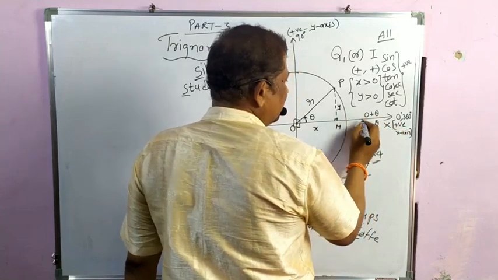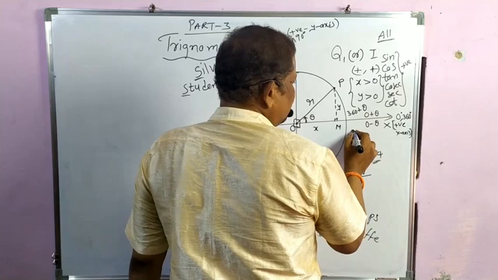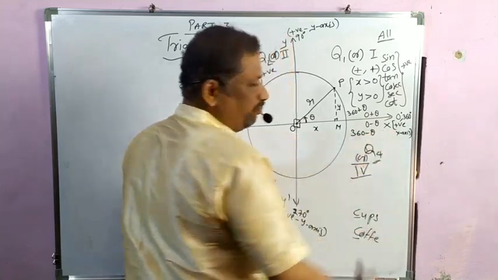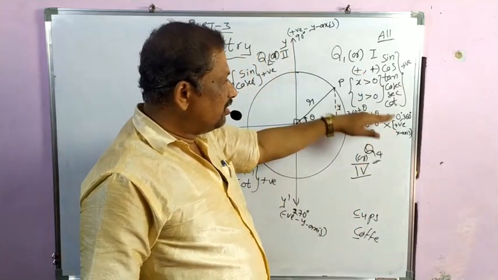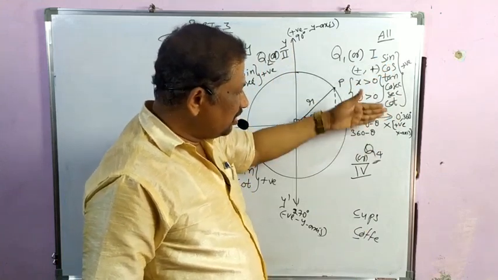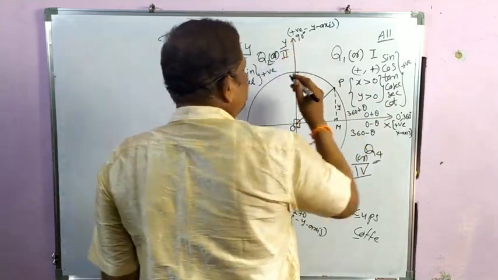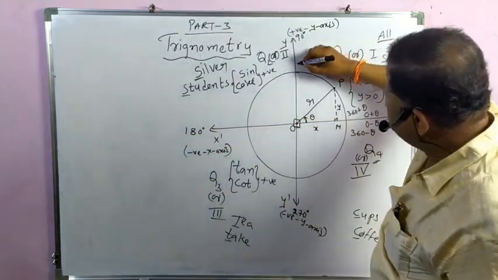And also we can write 360 plus theta or 360 minus theta. So 0 plus theta falls in the first quadrant, 0 minus theta, 360 minus theta falls in the fourth quadrant. Here 90, so 90 minus theta